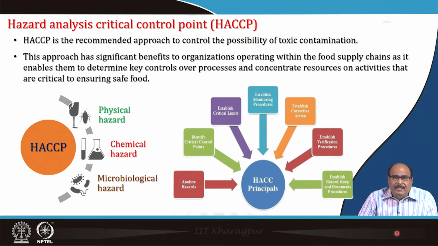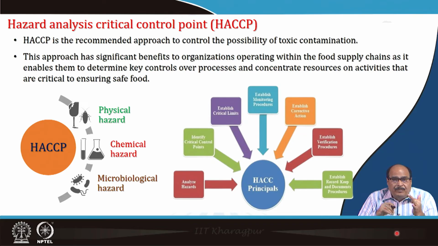The food may contain hazards like physical hazards, chemical hazards, or microbiological hazards, and every possible effort should be taken to control or minimize these hazards. And there are 7 principles of the HACCP protocol. According to it, the first is to analyze the hazards,